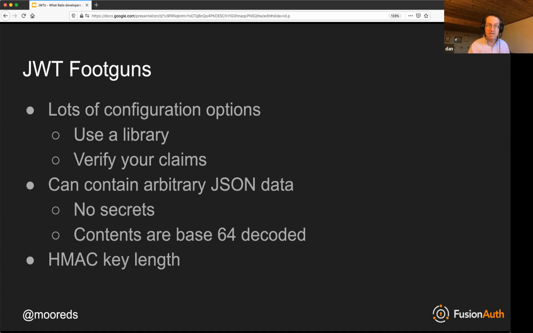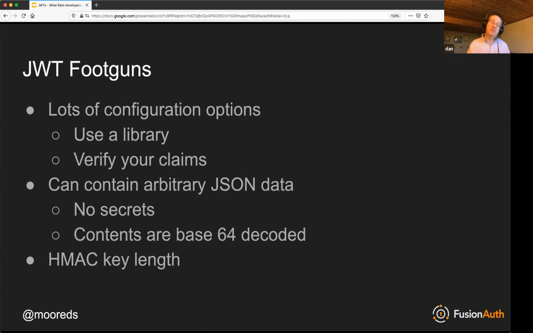Many libraries take care of the expiration piece and the signing piece, so that you pass it the key and you pass it the JWT, and it will throw an exception or blow up or not return the JWT if the JWT doesn't meet those two things, right? If it's not currently valid, if it doesn't have an expiration time in the future, or if the signature is screwed up.